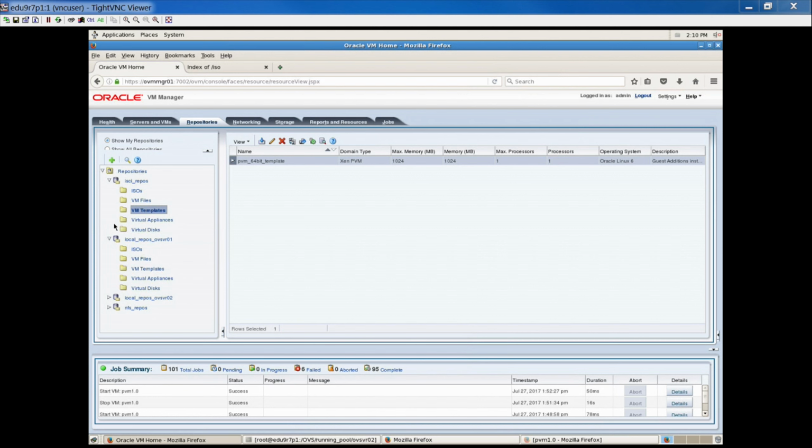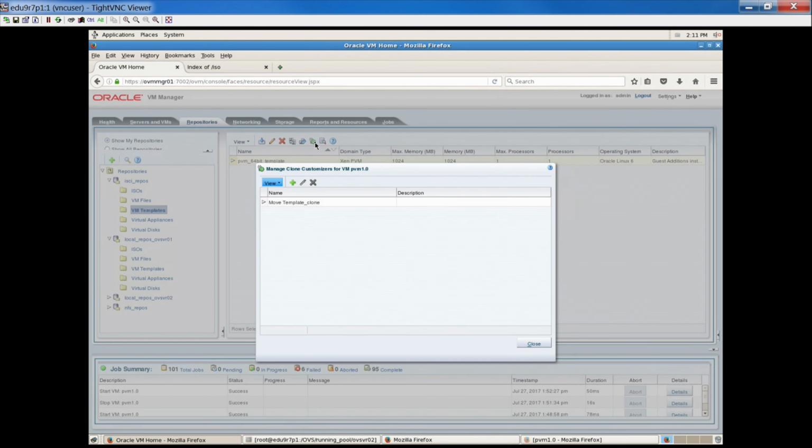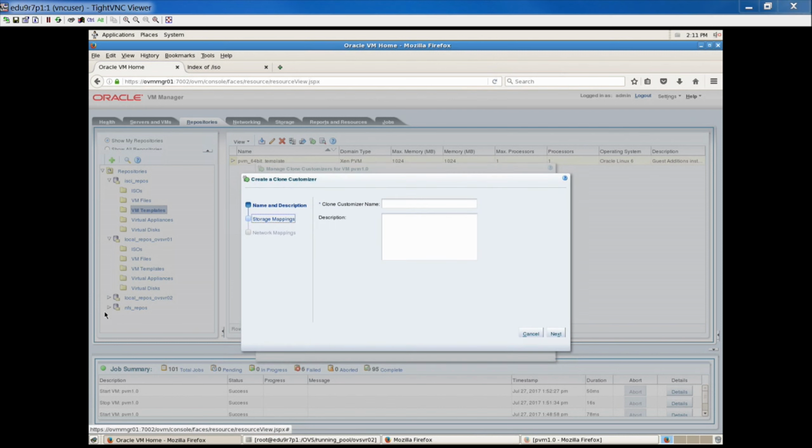Practice 6-6, we have to create a clone customizer, and we have to use it for any kind of cloning operations. So for this lab, we have to go to the repositories, choose the SCSI repository, the VM templates. So there is always one template that we have imported, and then we will click on the clone customizer tool here, this one, and then we have to create a clone customizer. So let's give just a dummy name,